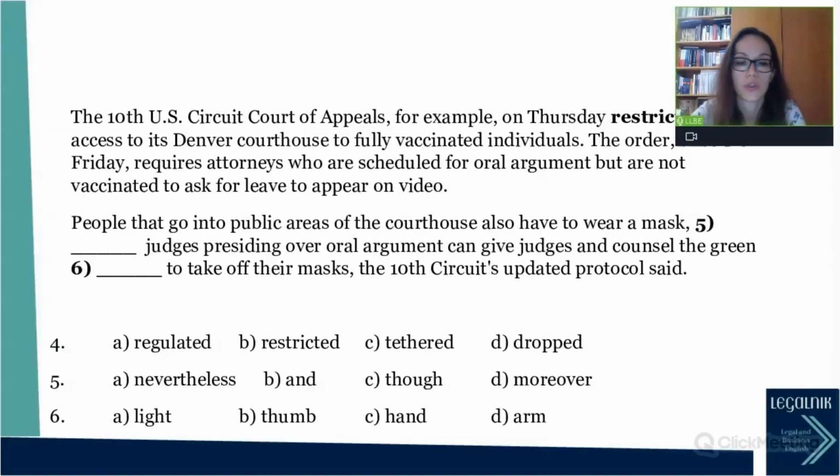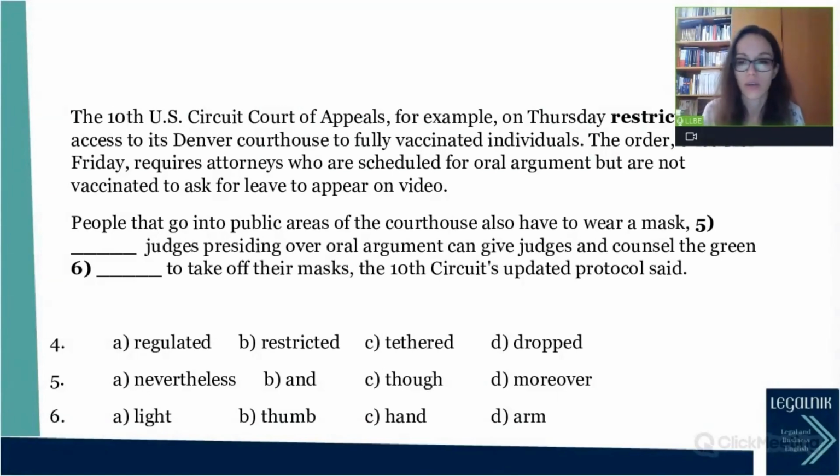All right, now we've got number 5. And here we've got 4 different linking words: nevertheless, and, though, and moreover. So people that go into public areas of the courthouse also have to wear a mask. Nevertheless, and, though, moreover, judges presiding over oral argument can give judges and counsel the green to take off their masks. So there is this kind of rule that we have to wear a mask, but a judge can allow to